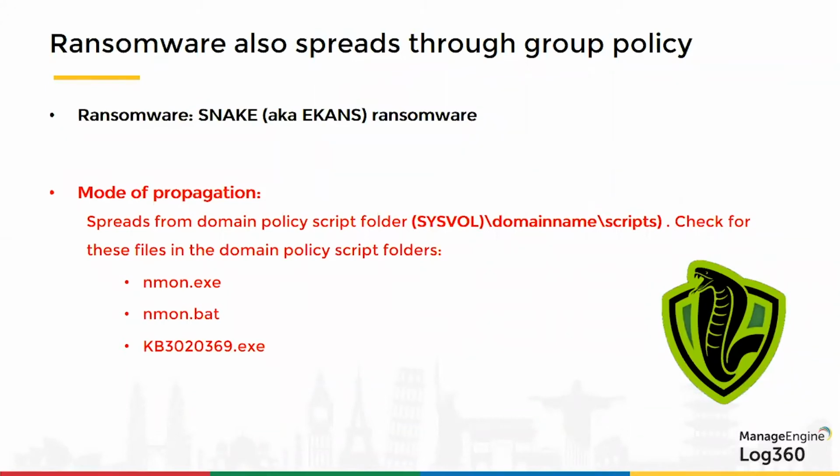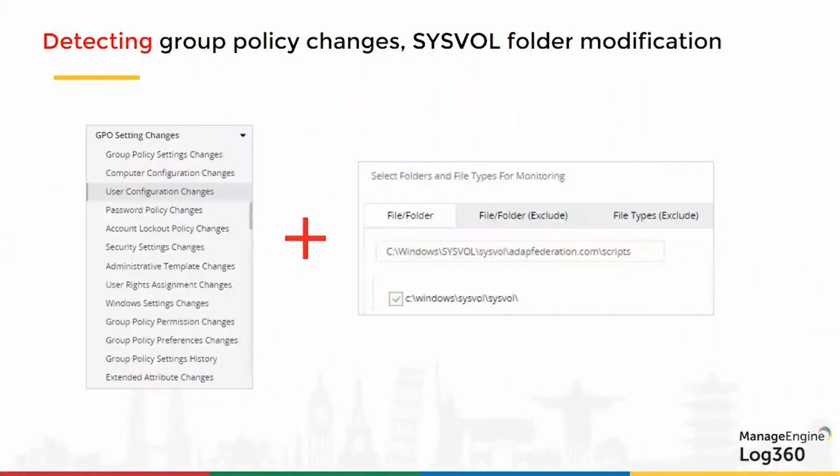And ransomwares have noticed that, and they are leveraging the sysvol folder to basically spread ransomware across every node in the network. A good example of that ransomware is the Snake ransomware or the ECANS ransomware, because it uses the sysvol folder of the domain controller to propagate itself to every other node in the network, right? So this is where AD Audit Plus can help, because AD Audit Plus is capable of capturing group policy